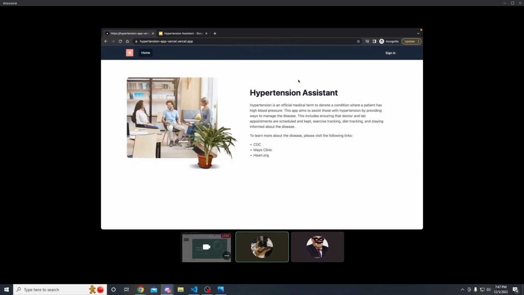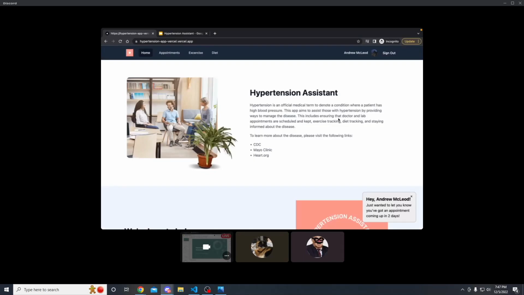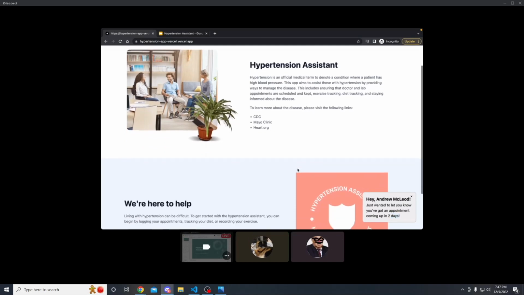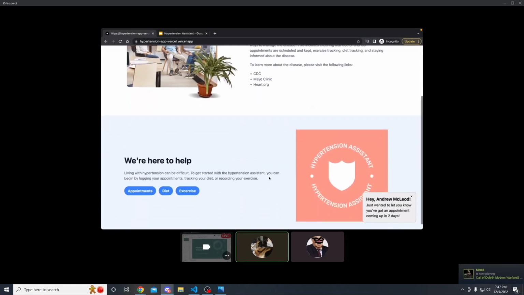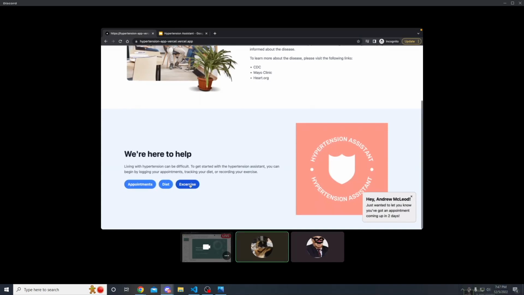So this is the home screen of our app. It gives a brief overview of the basics of hypertension. And if you go ahead and sign in, we have an Auth0 login with Google using NextAuth. So we'll just go ahead and sign in here. I've already signed in before the demo, so it's going to automatically log me in. Once you sign in, you're greeted with a notification of upcoming appointments. So I have one in 2 days, and some more information specific to the user about hypertension and some quick links to other features of the